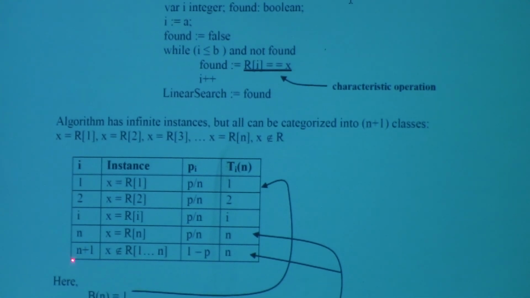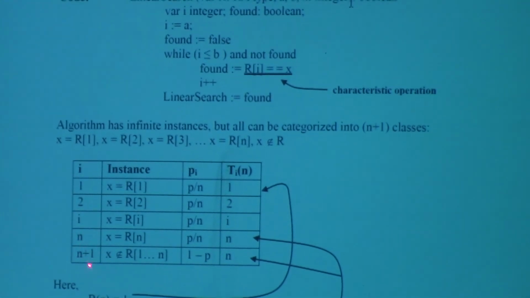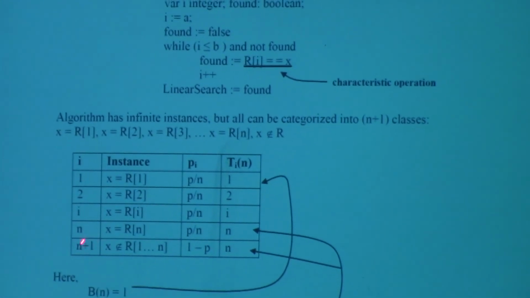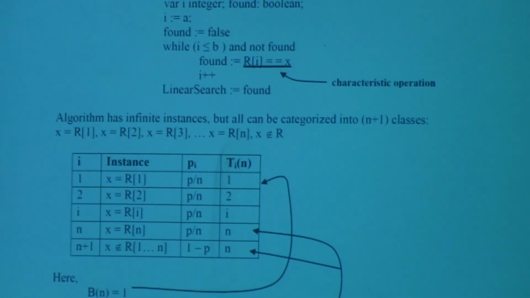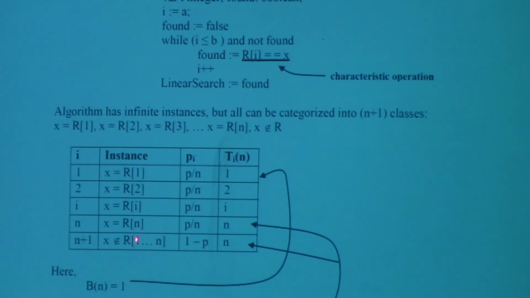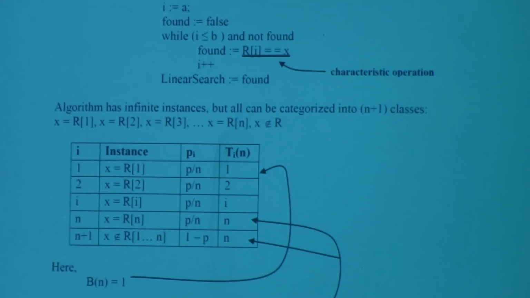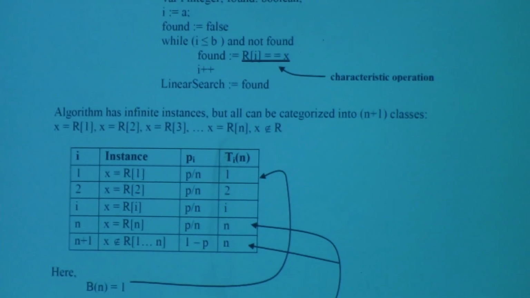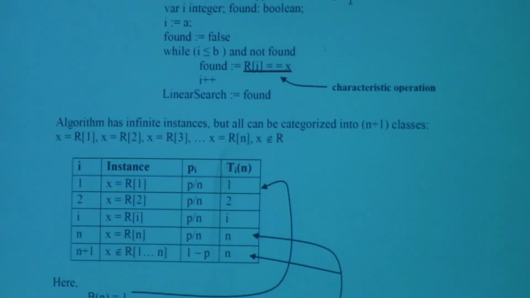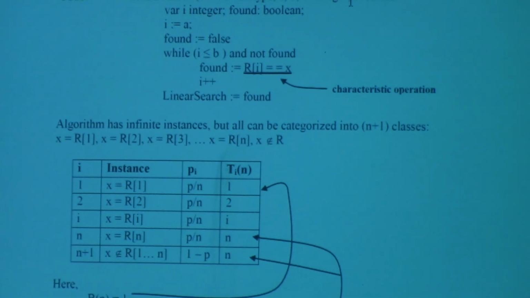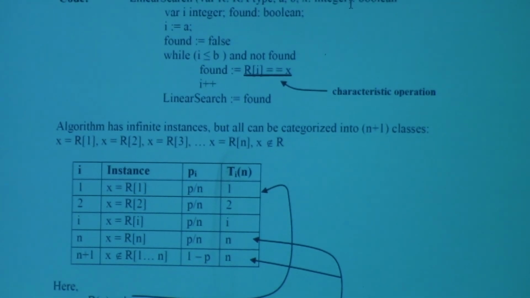Finally, I have one more class that's possible. The n plus first class means that x is not even in the array. If x is not in the array at all, from 1 to n, the probability of that is 1 minus p. Because if the probability of the element being in the array is 30%, then the probability that it's not in the array is 70%, which is 1 minus 30. So the probability of